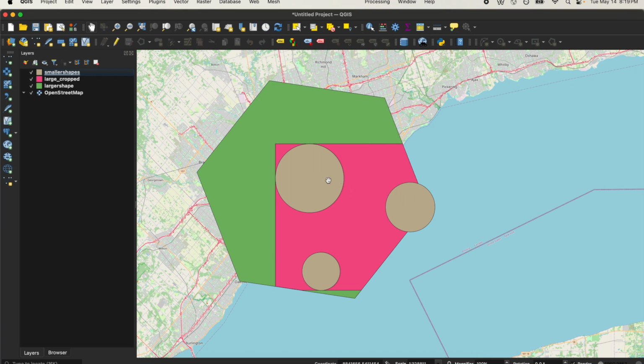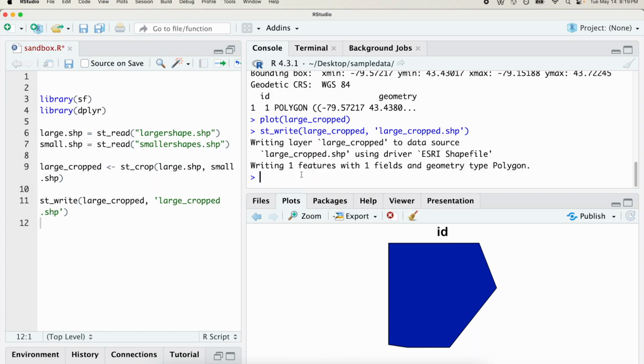What if you only wanted to crop to one of the circles? Then how would you do it? It's very simple. Let's go back to R. What you need to do is figure out which circle you want to crop to, and then specify that in your st_crop function. So let's create a second variable,